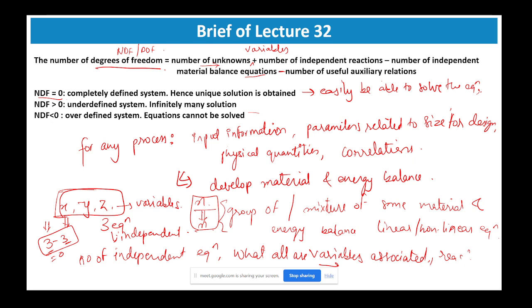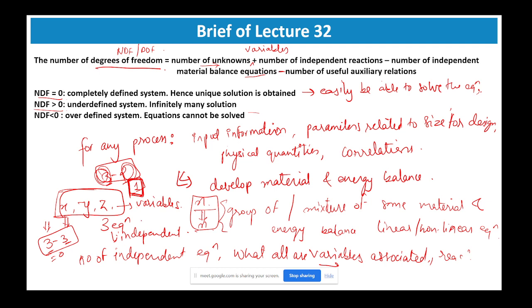that are unknown. Okay, next case, that would be NDF greater than 0. It can be 1, 2, 3, anything. So what does that mean? That system is, so let's say it is 3 minus 2. Okay, so this is the number of variables, this is the number of equations, so it comes out to be 1. So what does that mean? That the equations are interdependent, and for 3 variables to be solved, you just have 2 independent